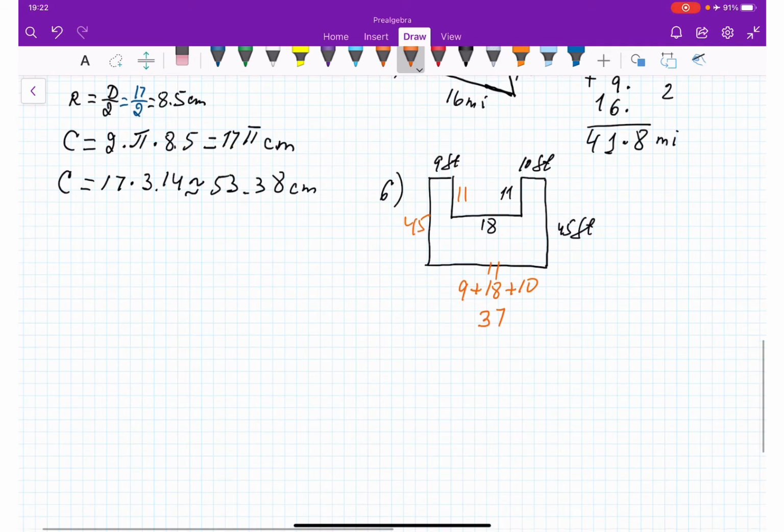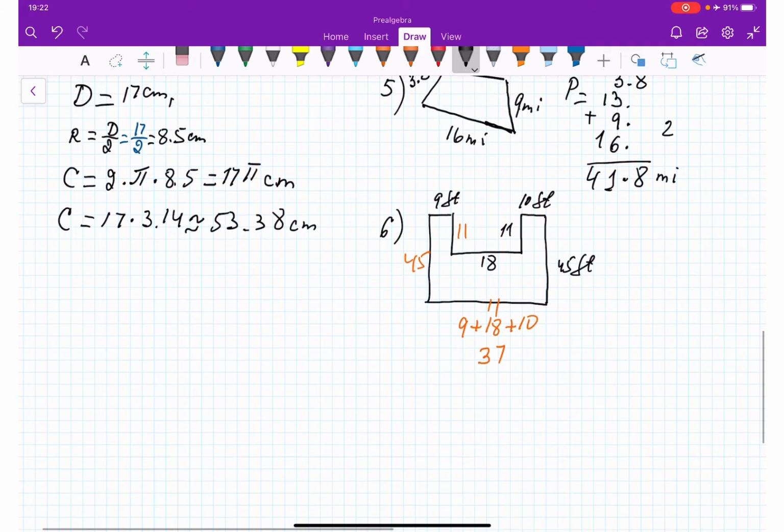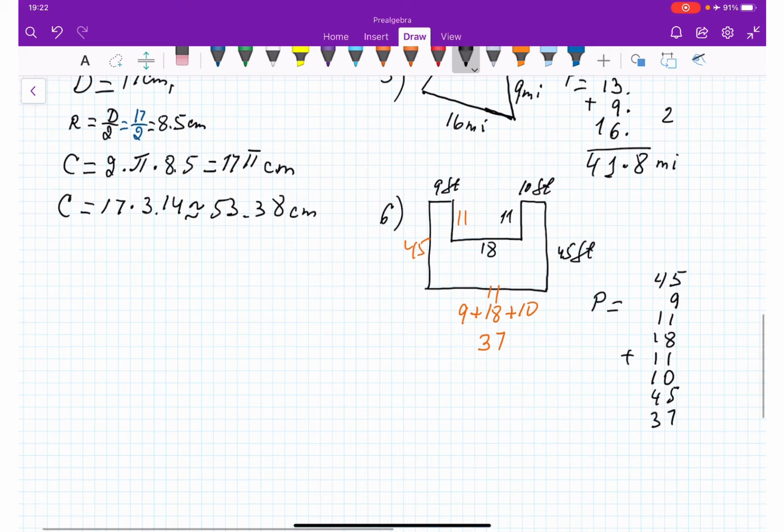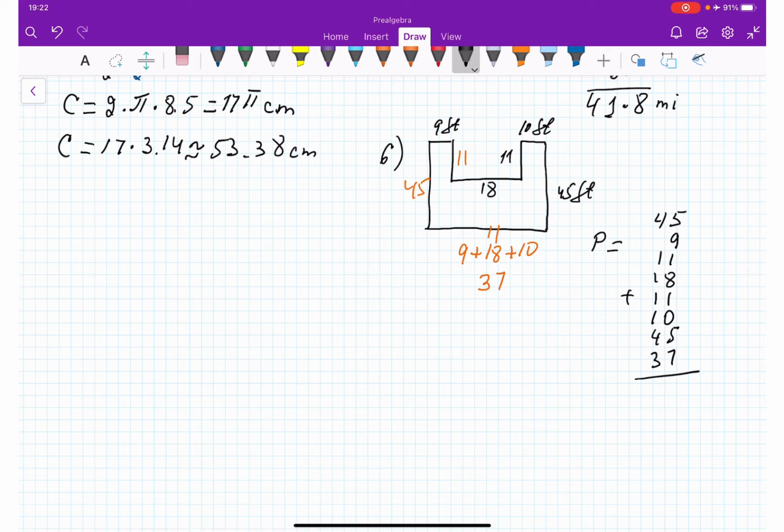So let's calculate. We need to find the perimeter, and the perimeter is equal to 45 plus 9 plus 11 plus 18 plus 11 plus 10 plus 45 and plus 37. Long addition. And this is going to be equal to